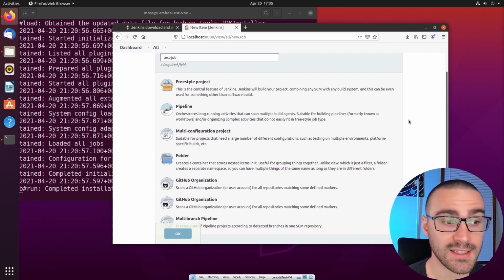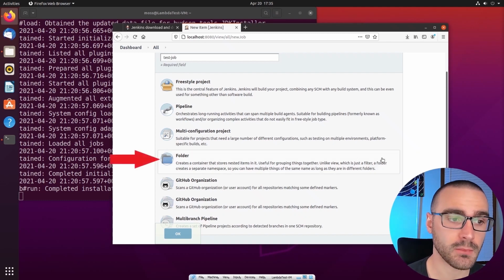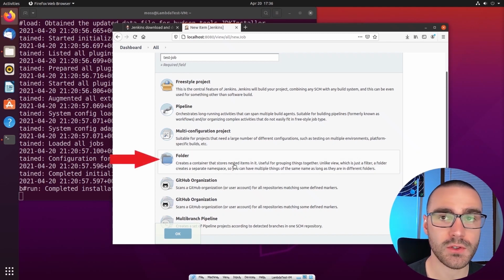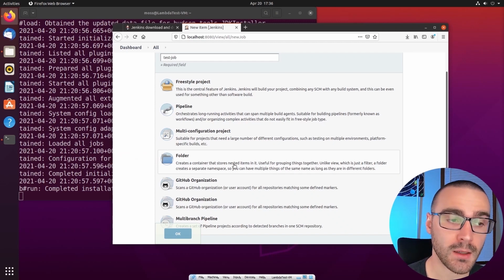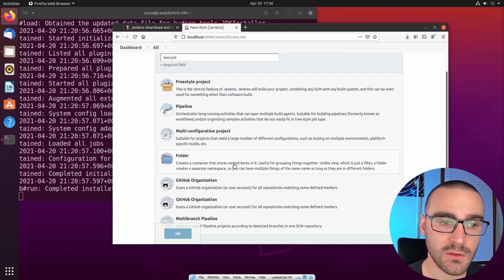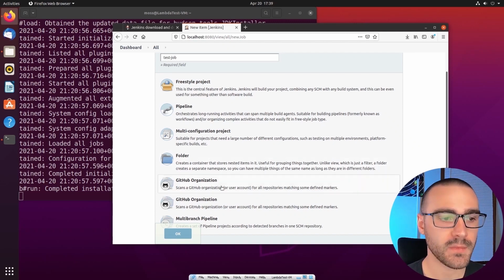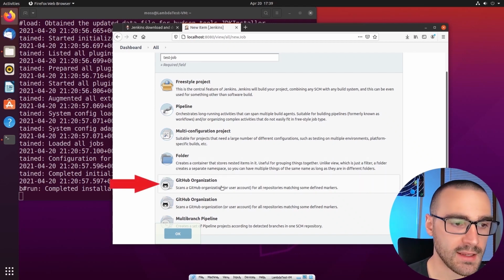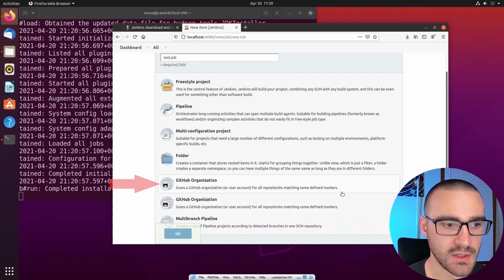The next item in the list technically isn't a job, it's simply a container that stores other items. It could be a nested folder, or it could be a job inside of a folder. It's a way of grouping jobs into a directory-like structure. The next item is the GitHub organization item, and I'm not sure why it shows up twice here, but the